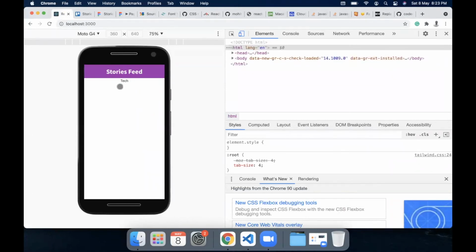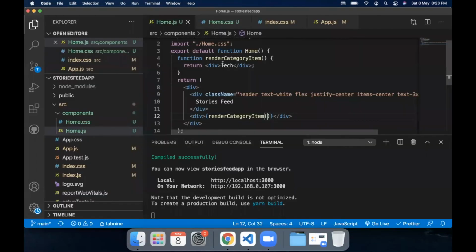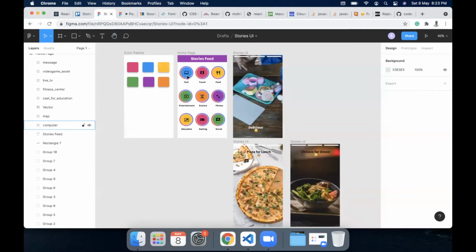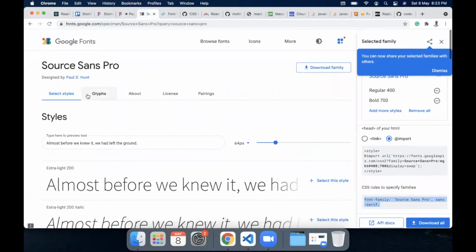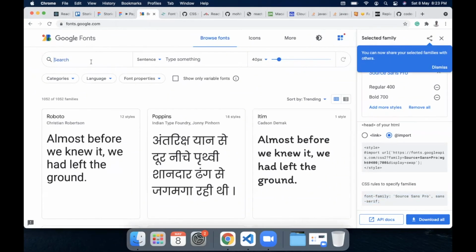Now we have text printed here, so we can move ahead with creation of this component that we have. Now, if you notice carefully, we have an icon within this component, which is using material icons. So if you search for material icons on Google Fonts, so let me just clear the code.